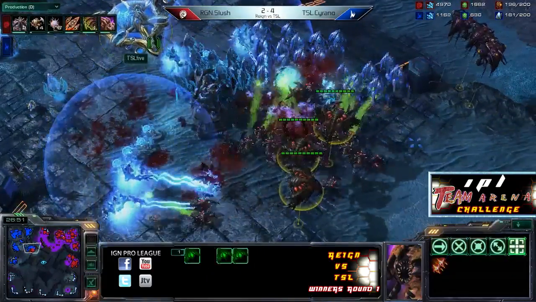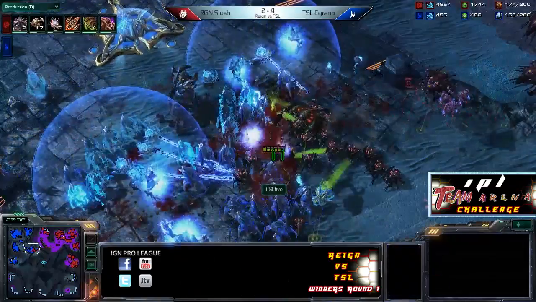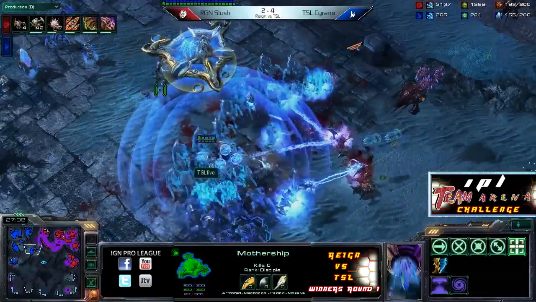Basically one-shotting the Broodlords. The Archon's doing a ton of damage as well. Definitely. And it looks like it's going to be enough. It looks like it is. Yeah, those are all going to go down. Slush is trying to produce as much as he can right now. That Mothership, of course, didn't have enough for a Vortex right away because it does need that 100 energy, but